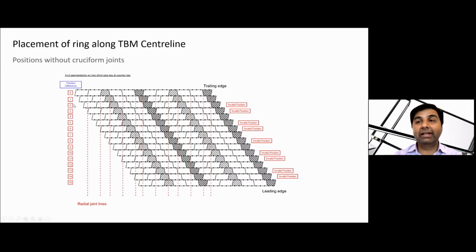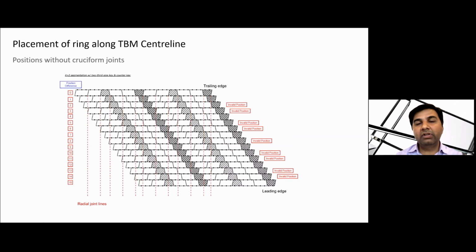But when the current ring and the subsequent ring have a position difference of 2, say the first ring is at position 1 and the next ring is at position 3, then it will create cruciform joints. Here you can see, it will just make a line. It's a strong, continuous line. We don't want to break that line.